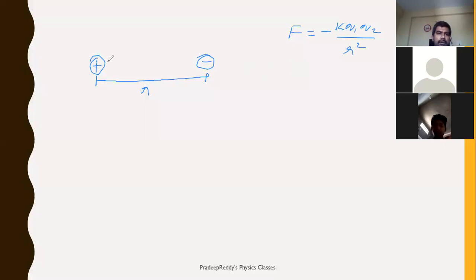And the direction of electrostatic force will be along the line joining between two charges. Along the line joining between these two charges. So I can simply denote it as F12 and this as F21. And I name this charge as Q1 and I name this charge as Q2. If one is positive, the other one will be negative. These things we have already learned.